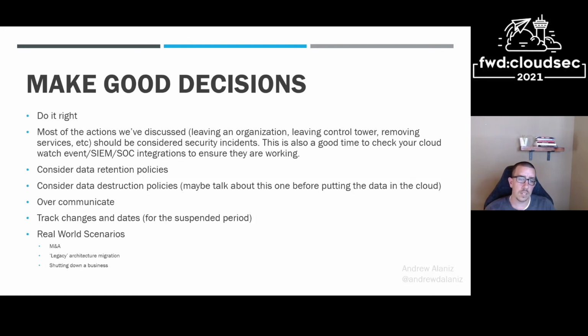Next would be legacy architecture migration. So many of you who manage AWS organizations at scale know what I mean. You're going to have technical debt build up in AWS, and as you shut that down, you're probably as often as not going to greenfield that into a new environment, as opposed to kind of assimilate it into the new governance models. And then finally, shutting down a business, whether it's a parent company or a subsidiary, you're gonna come into these issues, and just something to keep in mind.